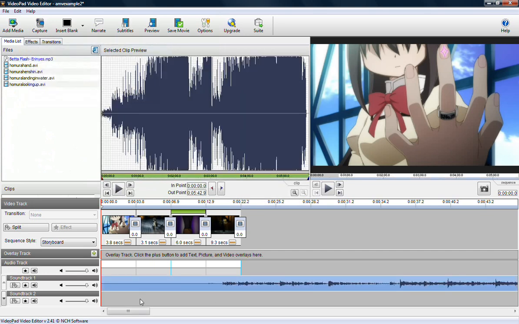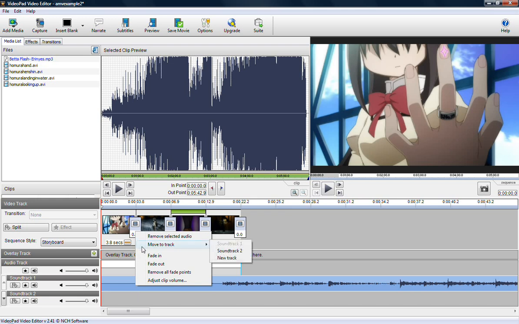If for some reason you find you need to move your audio, you can simply left click, hold the button down, and drag it along like so. This will also let you drag it down to other soundtrack lines, like so. And I'll cover the soundtrack line thing in just a second. You can edit various aspects of the audio by right-clicking on it.